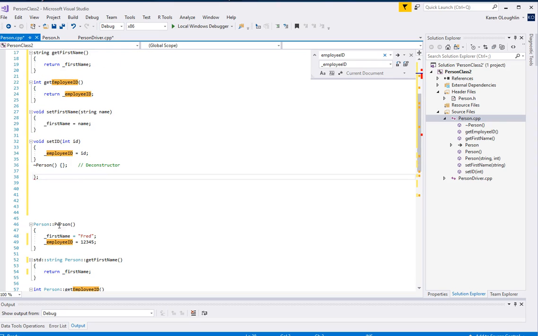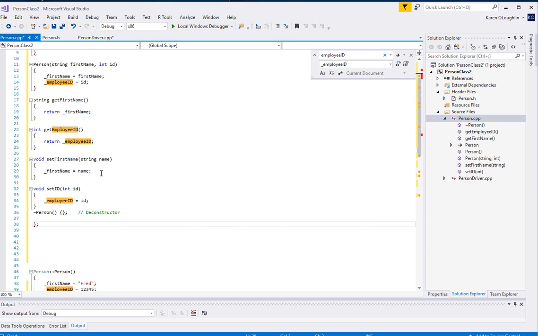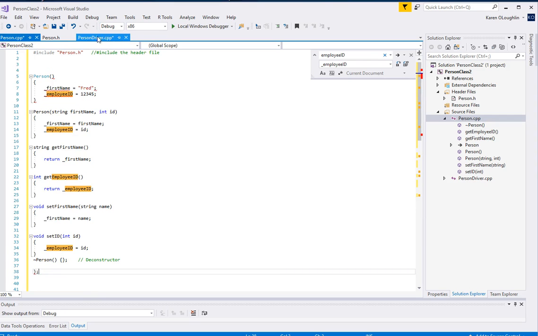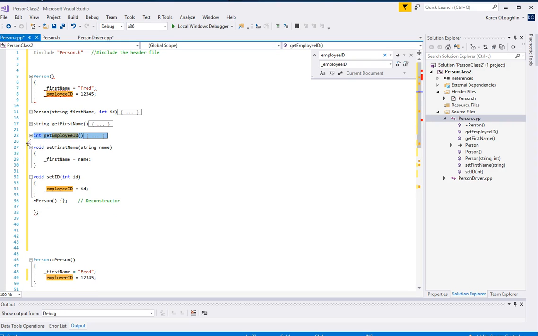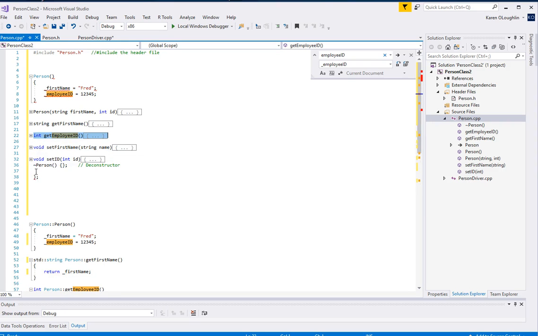So notice that it looks pretty much the same. I wish I could put them side by side, but I can't. I suppose I could if I had a new file. But what I could do is close these up, and then you can see a comparison between the different methods. So when I first bring that over, if you take a look,